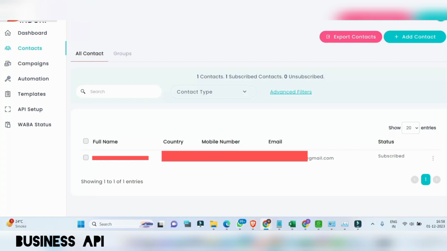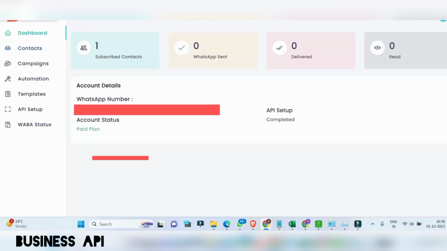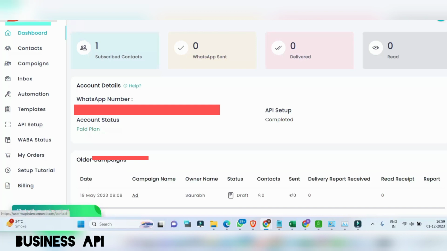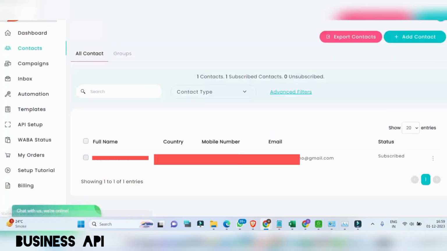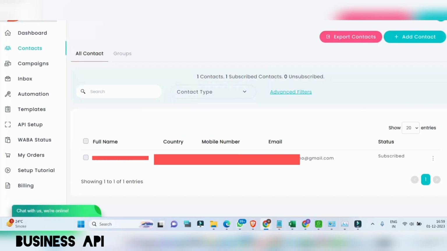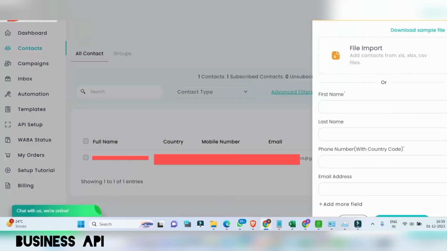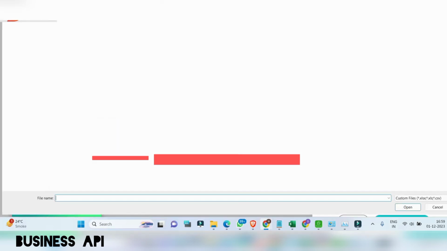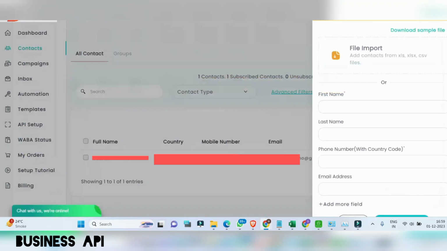First of all, you have to connect your number here in the official API panel. Then you have to upload your contacts. You can import as well as export the contacts. You can import them one by one, or if you want to import a file, you can use the Excel feature.